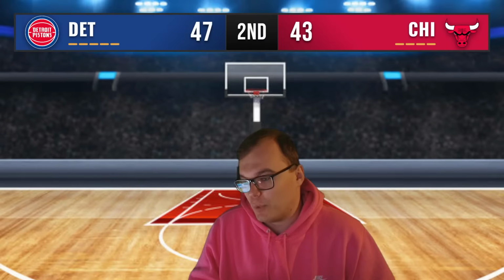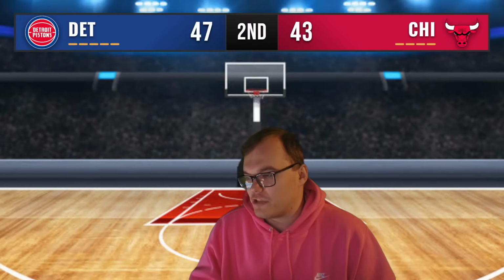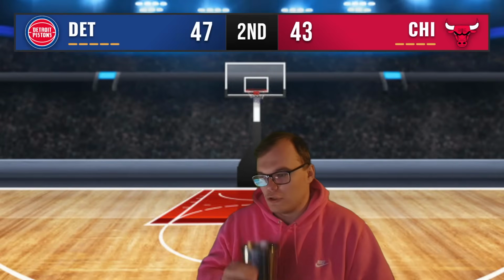Pistons 47, Bulls 43. Josh Giddey gets it for Chicago, working against Javonte Green. Outside here to Simons. He puts up a three. Off the mark, no good. Boarded by Jalen Duren. Cade with the basketball finds Tobias Harris in transition, working against Simons on the right wing. Tobias finds Asar Thompson backdoor. Bulls swarm him. Kicks it back out to Tobias for three. Off the mark. Bulls regain possession. They're going to call a late foul, though, on the Pistons, a loose ball foul. So the Bulls get it back here.